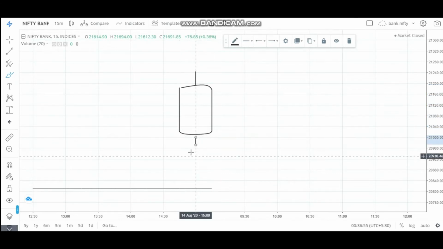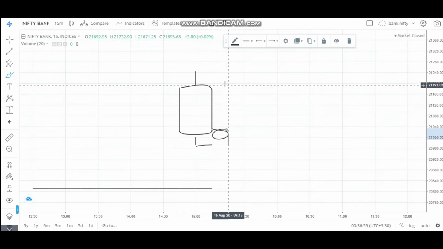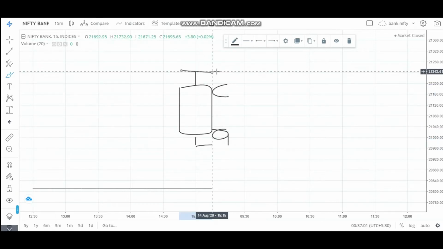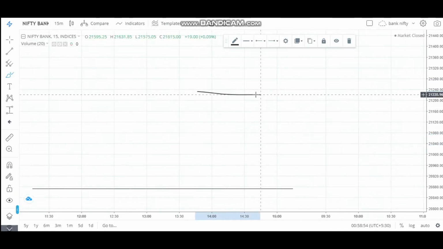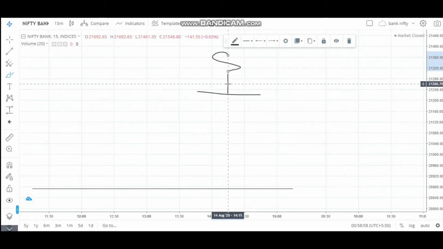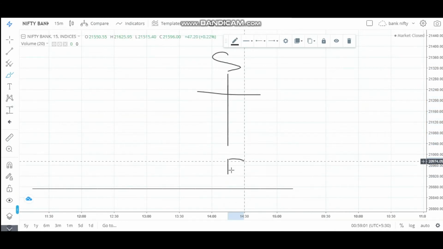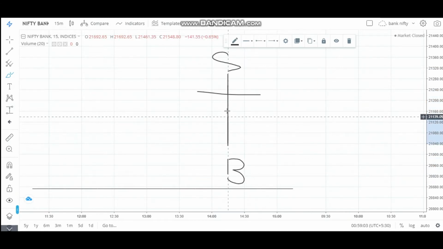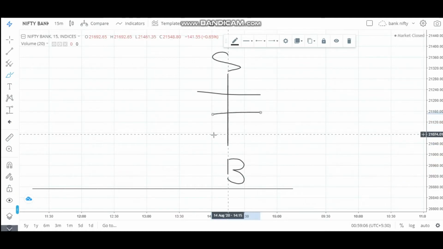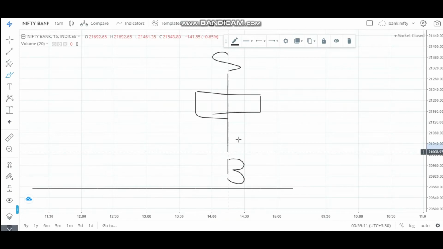It opens here, tries to go up but sellers take the price down, and from here again buyers come and push the price upward and it closes somewhere here. So this is how a doji is formed: low,